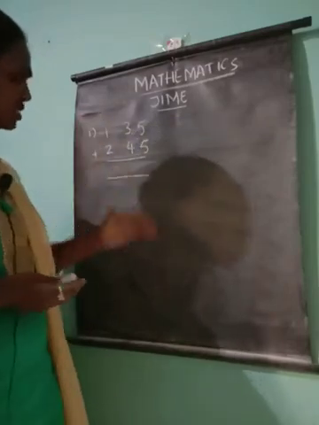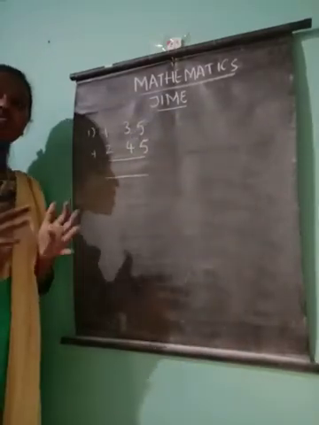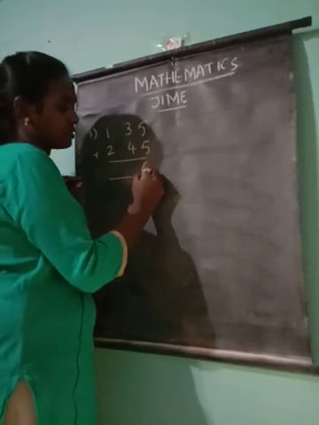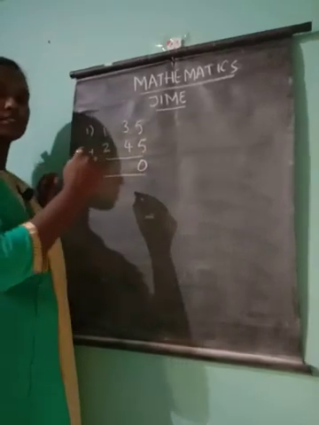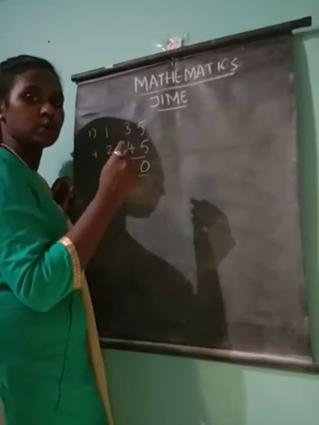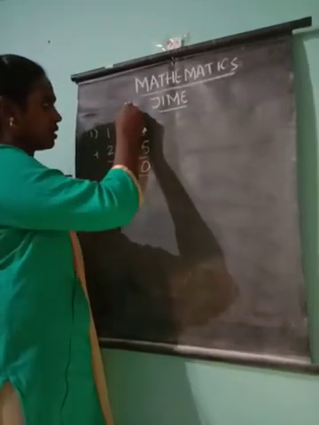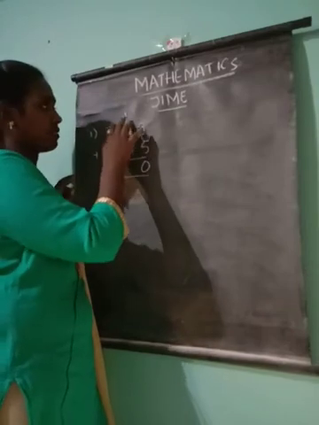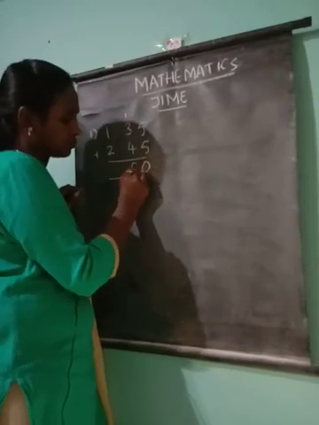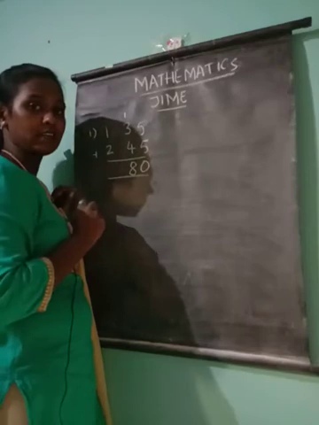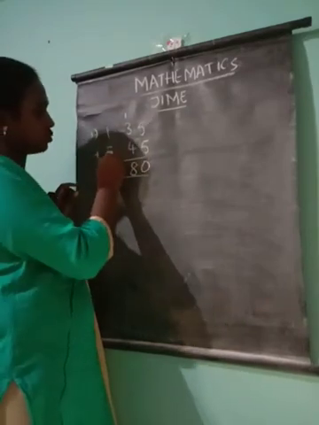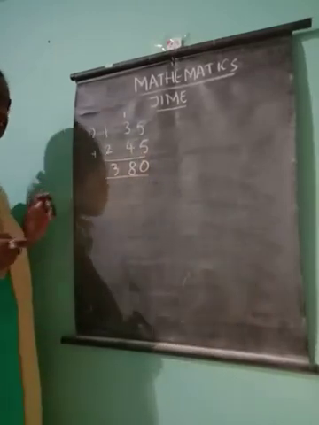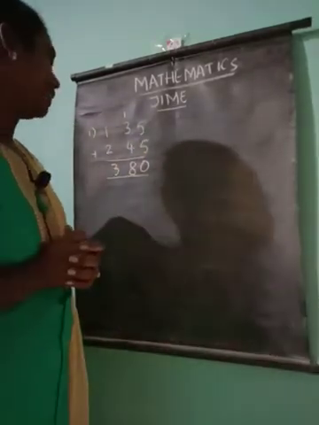So first let us add. First step, we have to add. 5 plus 5 is 10. As always, we write the digit present in the ones place first and give the carry to the next. And again 4 plus 3 is 7, 7 plus 1 is 8. So we got 80 minutes. Here 1 plus 2 is 3. We got 3 hours 80 minutes.